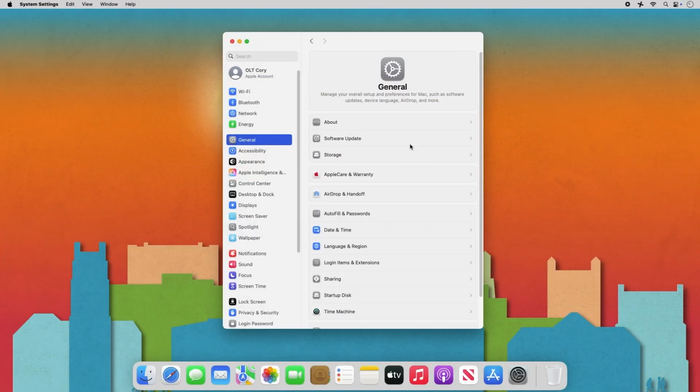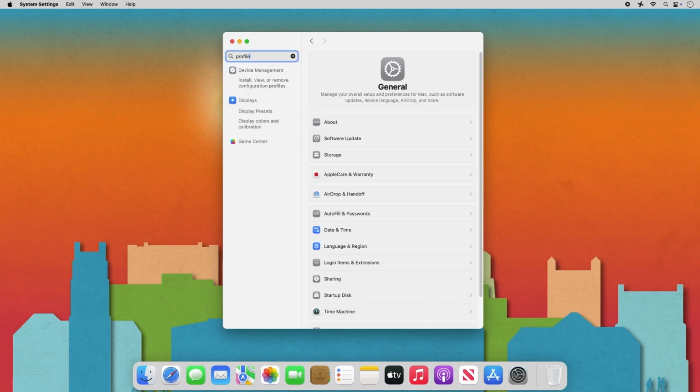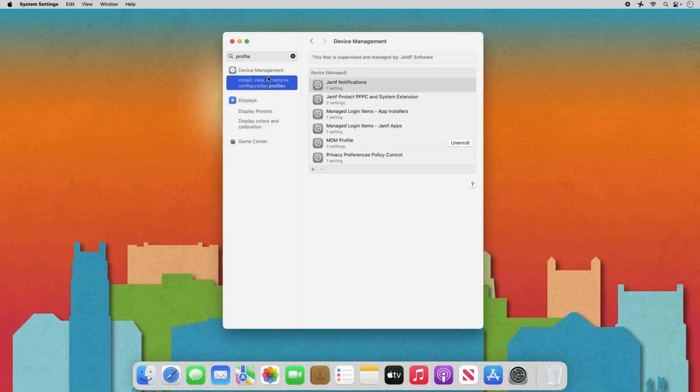There are many options in system settings, so if we're having trouble finding one, we can use the search field. For example, to find a list of installed configuration profiles, I can enter Profile in the search bar and view the results below. Searching can be a great way to save time when looking for specific settings. Please note that the names of settings and what options are available may vary depending on what version of macOS the computer is running, so be sure to keep that in mind as you're reviewing these options.